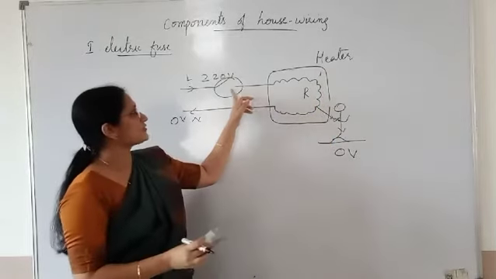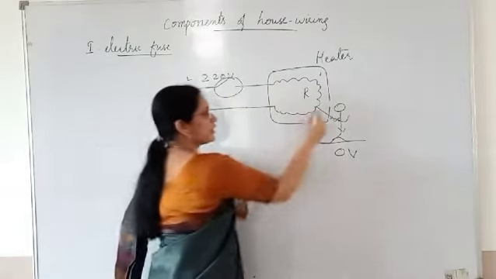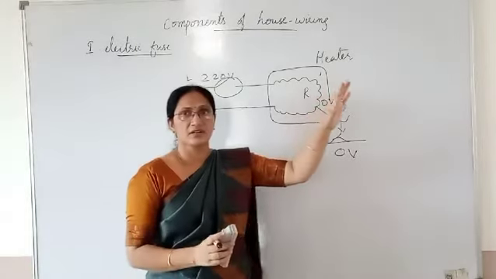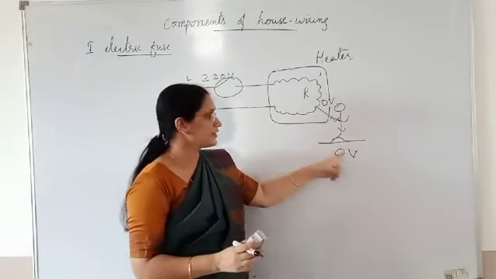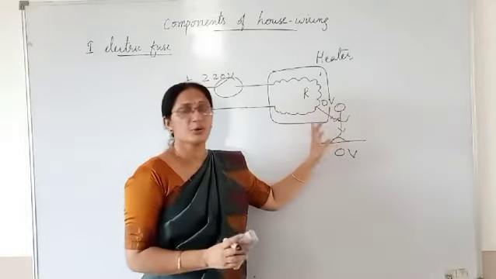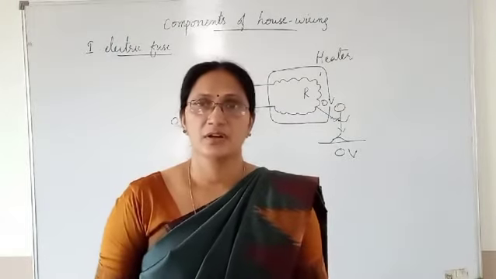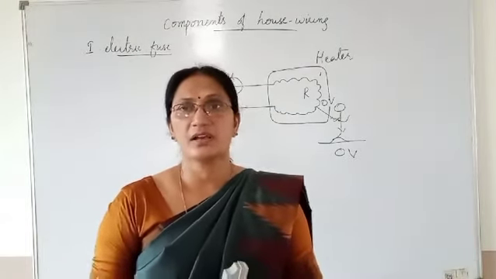Since the coil is only in touch with the neutral wire and is disconnected from the live wire, the potential of the coil is 0 volt. So the man is touching a body of 0 volt, and his legs are 0 volt. There is no difference in potential, no current will flow through his body, and he will not get a shock. Due to this reason, switches are always on the live wire.